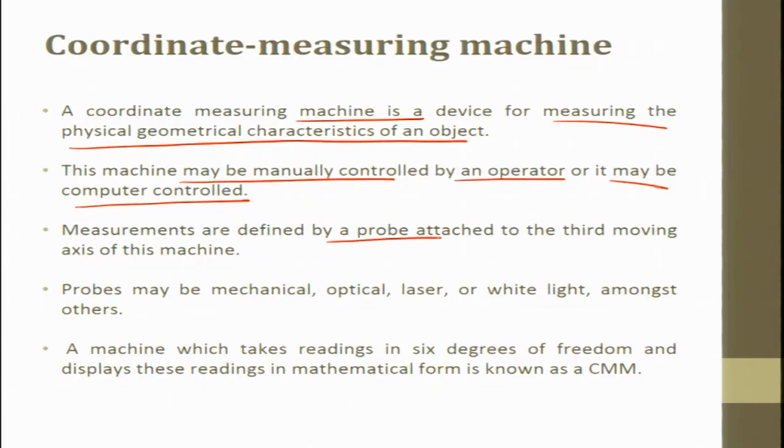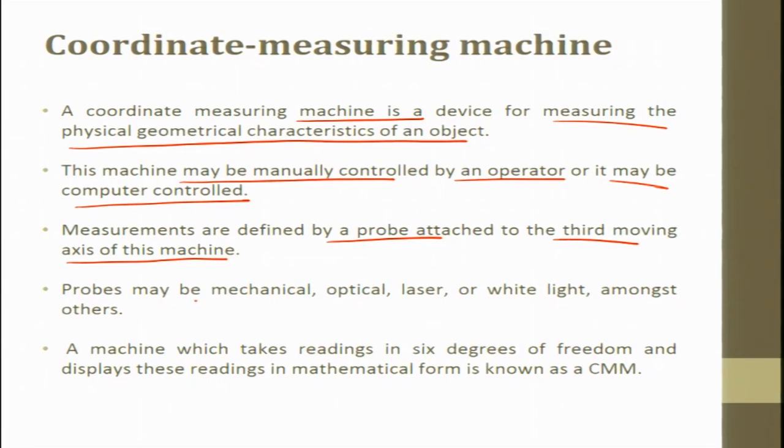This is CNC control. Manually also, using a joystick, we can keep touching the probe to control the data. Measurements are defined by a probe attached to the third moving axis of this machine. The 3 axes are the x axis, y axis and z axis. On the z axis, the third moving probe is attached, so that helps us to record the data.